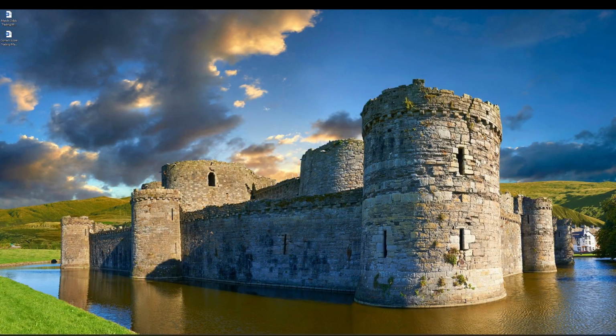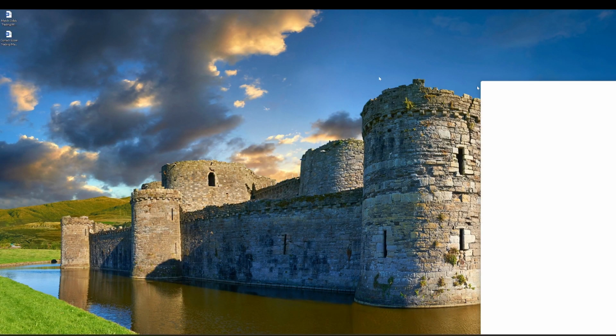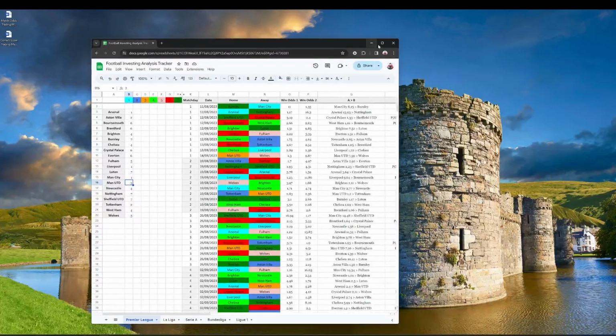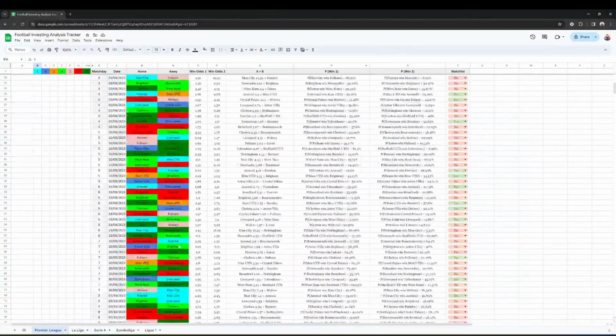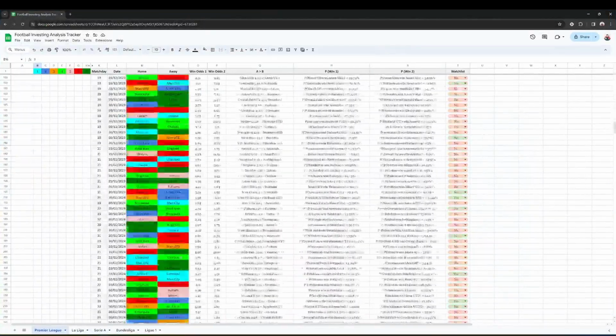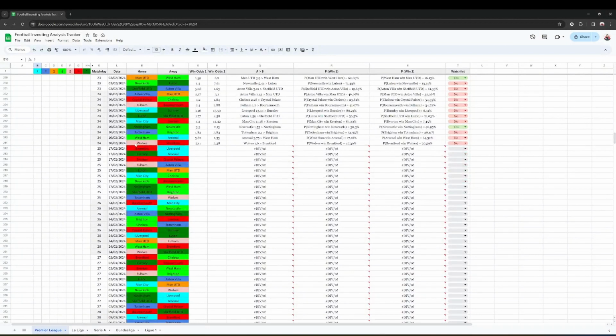And now let's go to what's most interesting, and that's my spreadsheet. Now, that spreadsheet is not that interesting in itself. What is interesting are the games, the pairs, the colors, and the odds, obviously. Okay, so let's start, and here are the odds for the Premier League. Let's do it quickly.